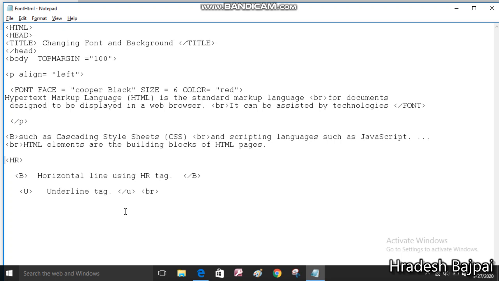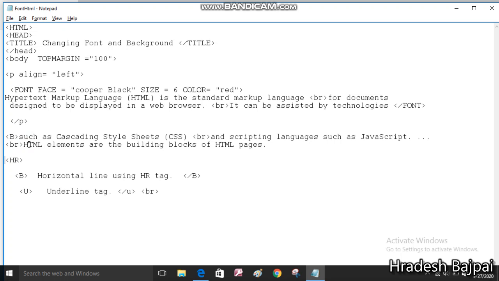The use of heading tag I have explained you. Break tag I explained you. See, br tag I have used here. This tag is used to break the line. Wherever you want to break the line, if you will not use the br tag, all the text will appear in a single line, and only when the size of the web page is over will it change the line. But if you need to break the line at a certain point, you can use the br tag. So changing the font appearance I have explained you.